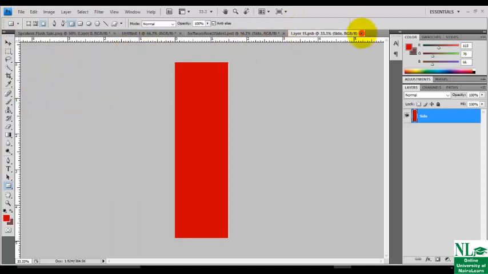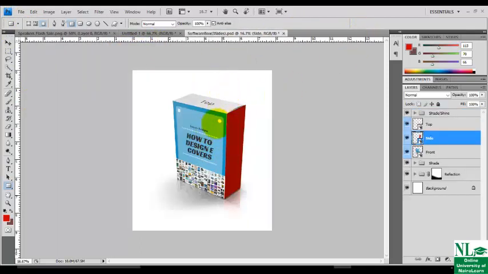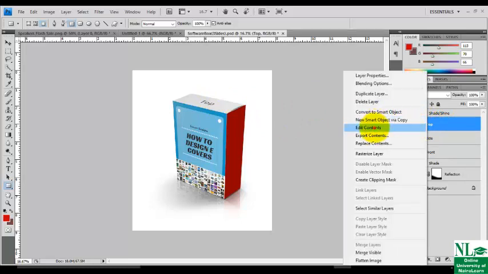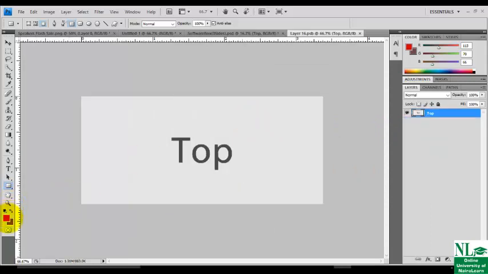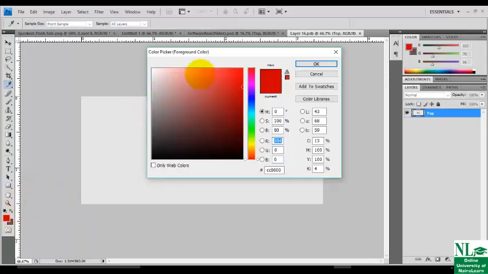As I said, a graphic designer must be creative. You must understand color that rhyme. As you can see, this is color something color riot. Of course, we are just using it for training purposes. So now let's edit the top content. Right click, click on what? Edit content, say OK. I would still like to fill it up with just color.